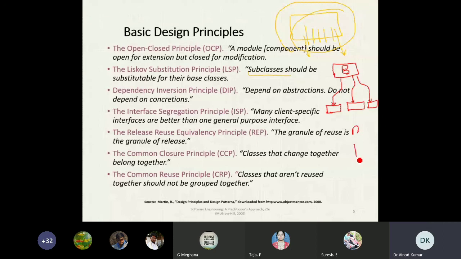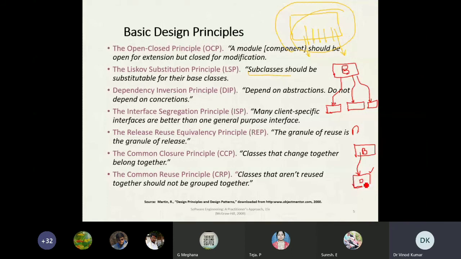Like this, I have one more class, class D. The property of B can be inherited into class D, the derived class, and we can also call class C a subclass.